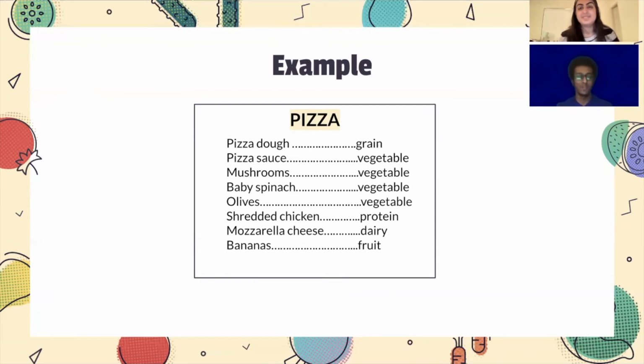And yeah, maybe I might even make this later on. You never know. So as you can see, you can take any of your favorite foods and make them nutritious and make sure that you have all 5 food groups. So definitely play around with that and see if you can make this in your own lives.